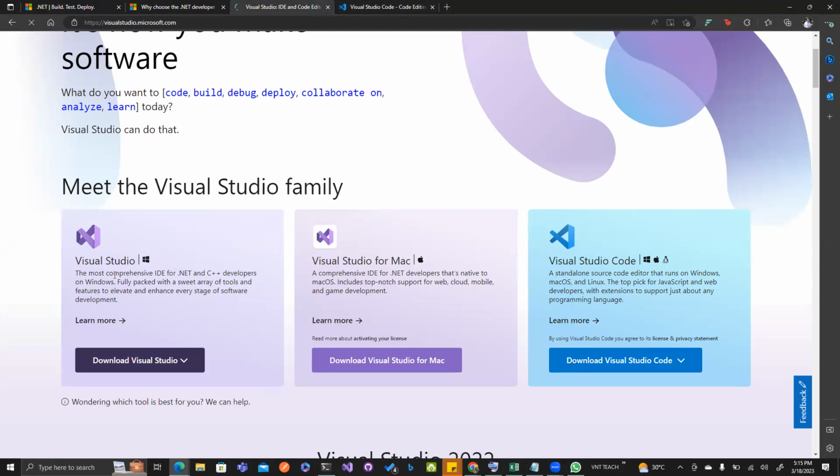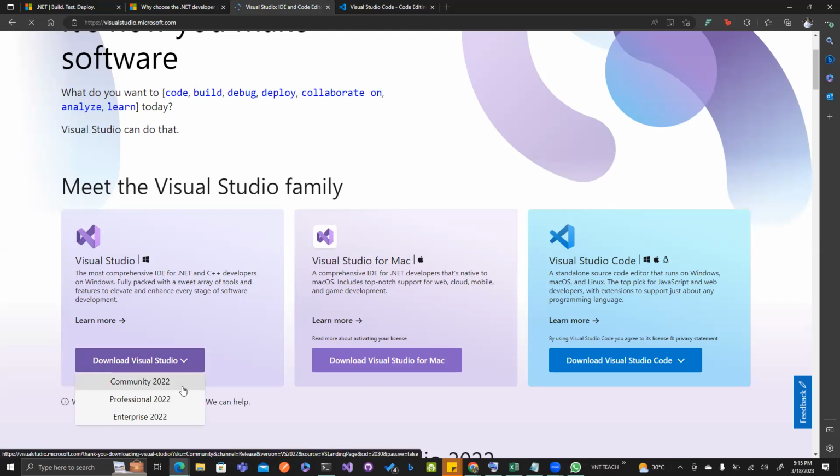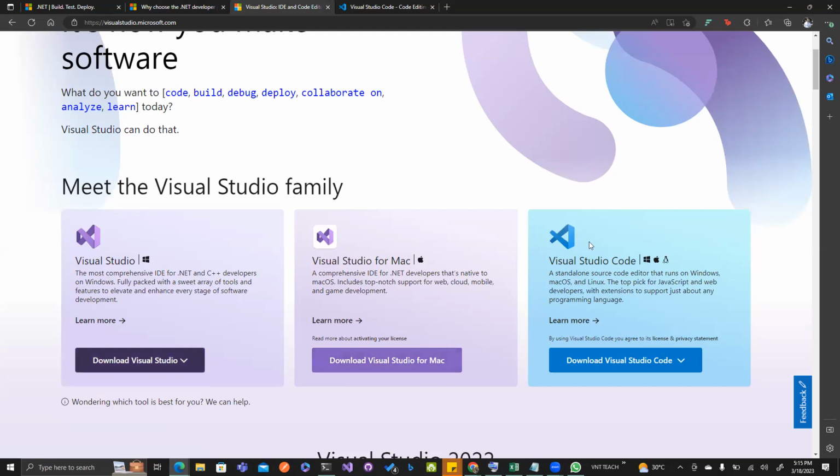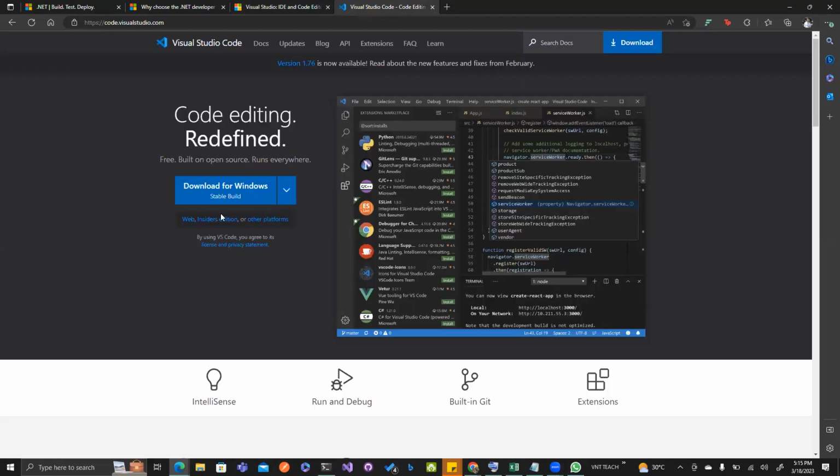So this is Visual Studio for Windows and Mac. On Windows, you can come here and download Community Edition, which is the free edition. On Mac, just come here and click on this. Then if you're using Linux, you should go for Visual Studio Code and get whatever version you want from here, which is also the same thing for here.